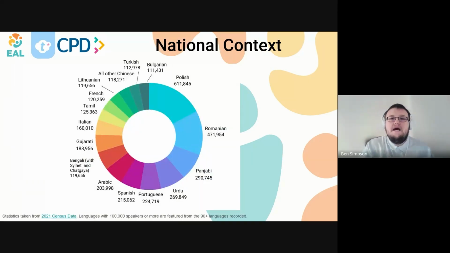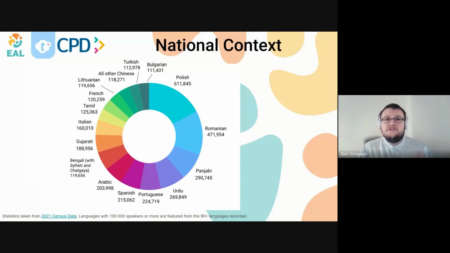Have a look at the national context. So comparing to the national context of languages in general, we can see that there might be some alignment. So I noticed someone mentioned having majority groups of Romanian home language speakers, for example, but there might be some differences. So for example, many schools in the UK may have Ukrainian speakers, even if they do not represent a majority in overall statistics, for example, in the national census in 2021.